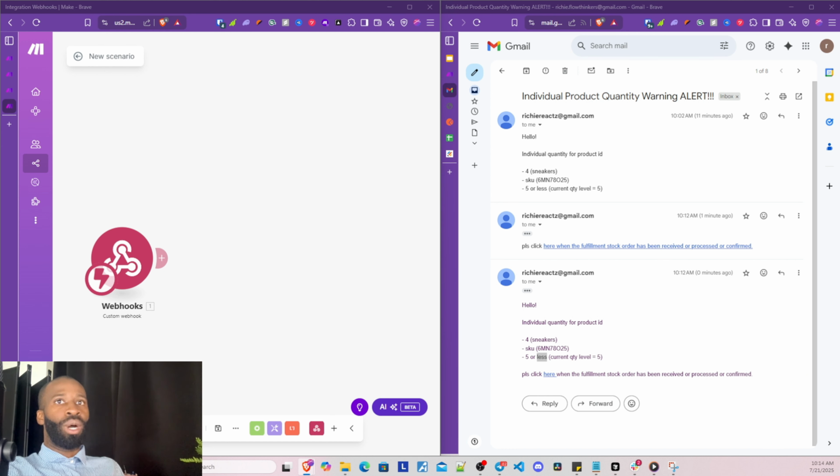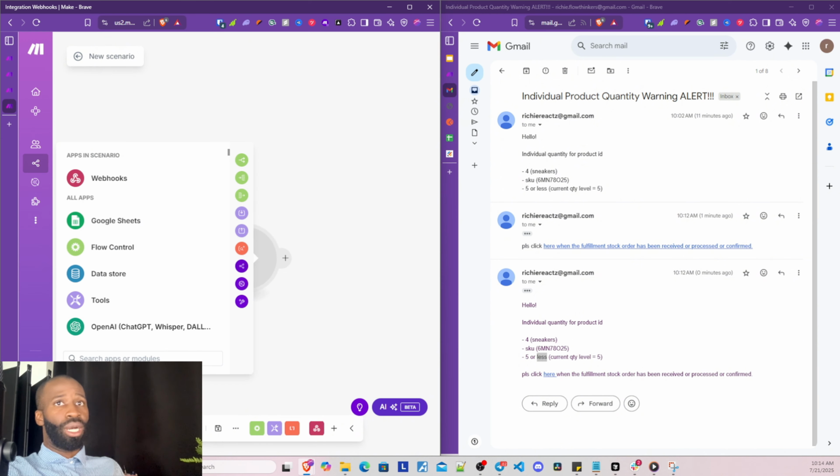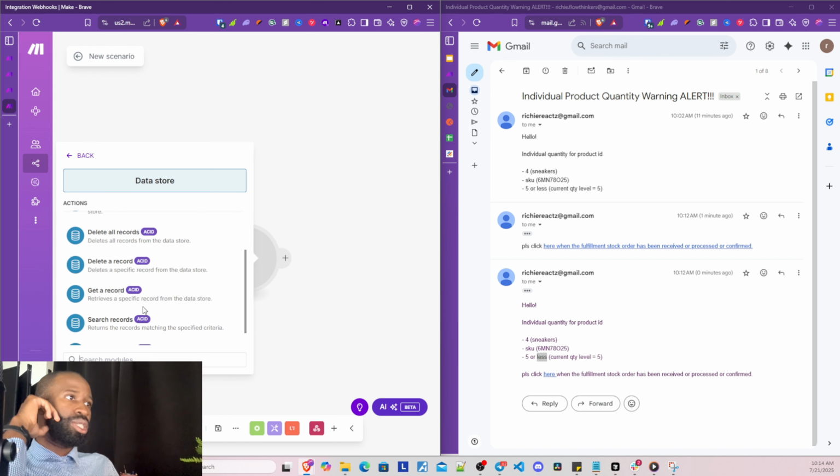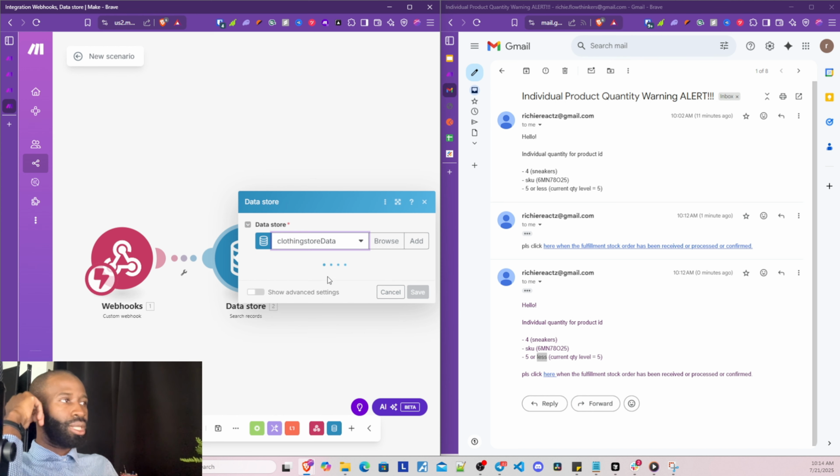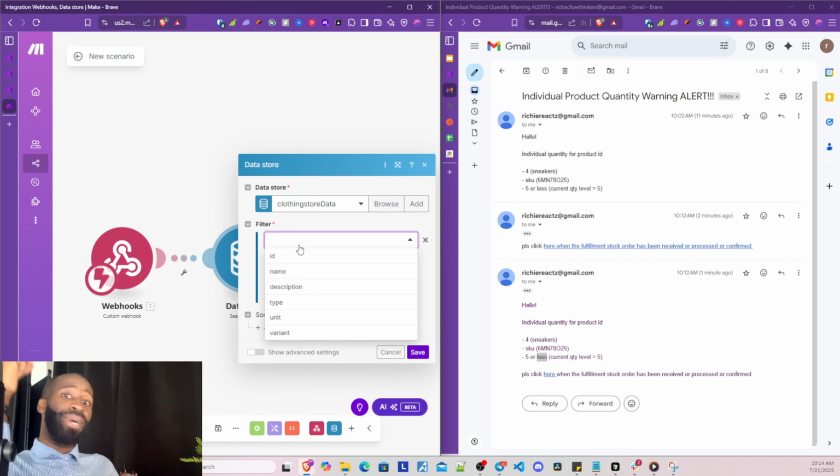So for this, what we're going to do now is go search. We're going to go into our data store again to search for the records. First, we're going to link our data store. Now we're going to filter by the ID. Remember, in the webhook we added the ID, the SKU, and the record ID. The SKU is not present, so we're going to use the ID,